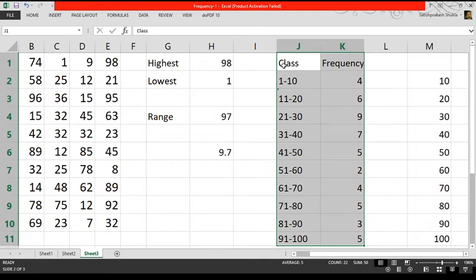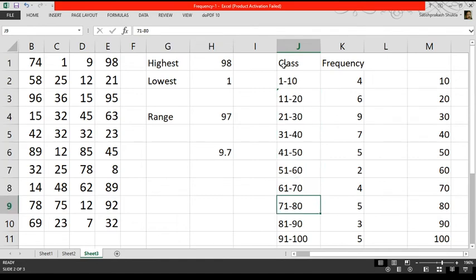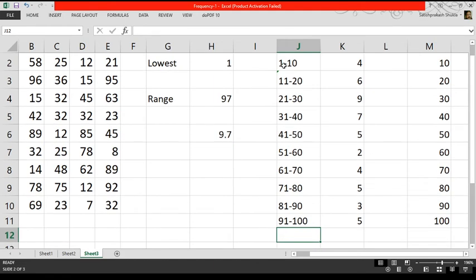Now we will check whether all the observations of our data are used here in preparing the frequency distribution or not. We have a total of 50 observations from A1 to E10. So we'll find the sum of the frequencies, and for that we start a function with the equal sign. Then we write sum, and in brackets the range of frequencies, that is K2 to K11. This function will give the sum of all the frequencies.